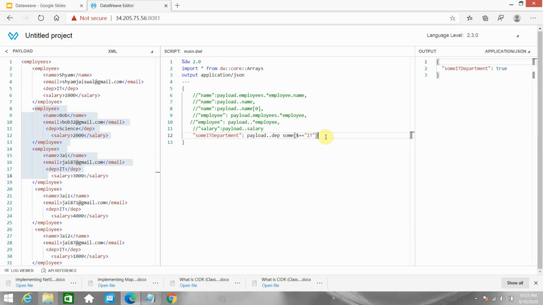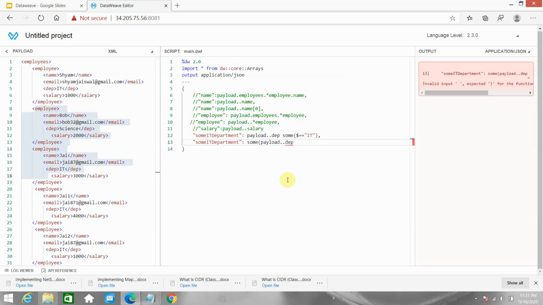We can also write this another way, using a lambda expression. I copy this, remove this part, and use sum outside: payload dot dot department, comma, and then value, and under value I use a lambda expression, value is equal to IT.